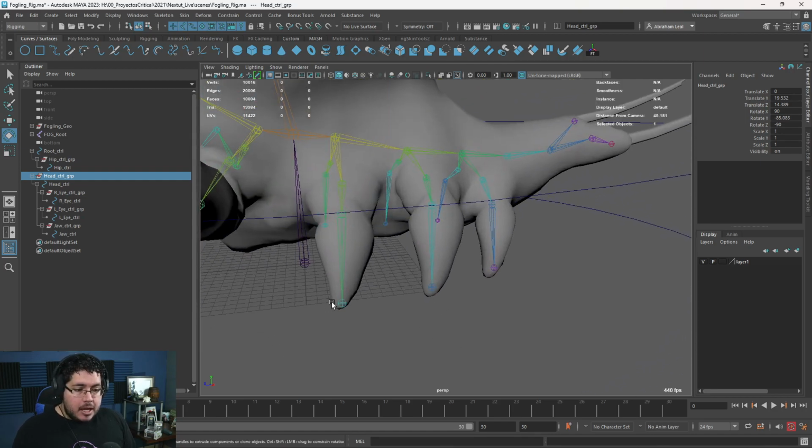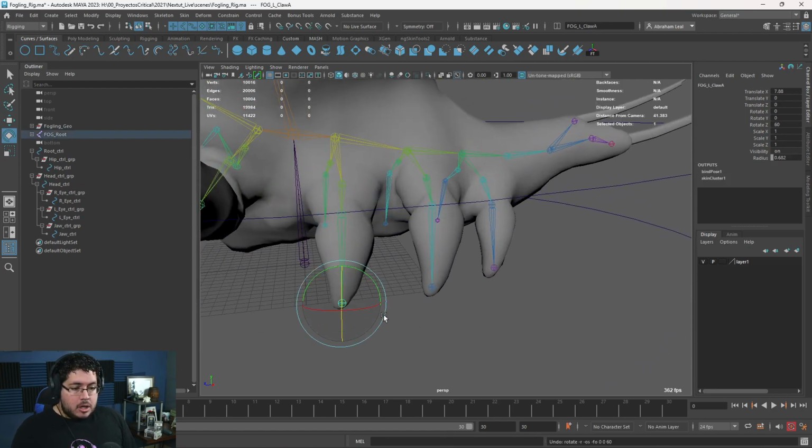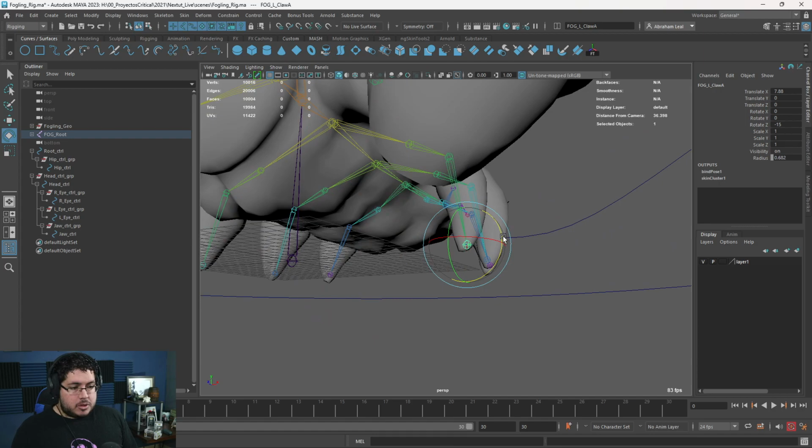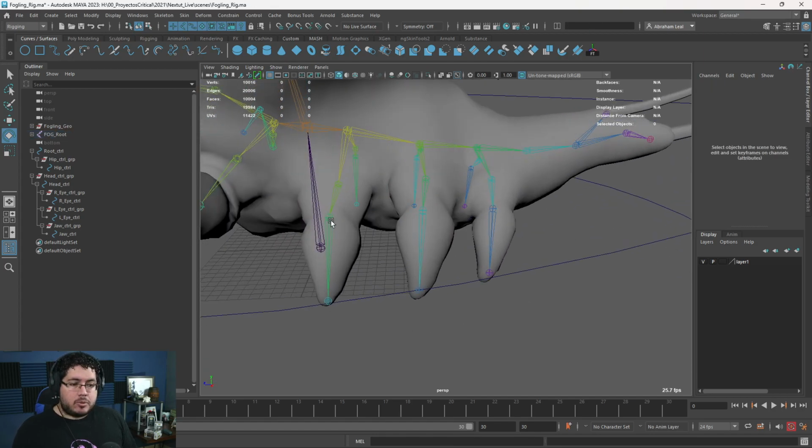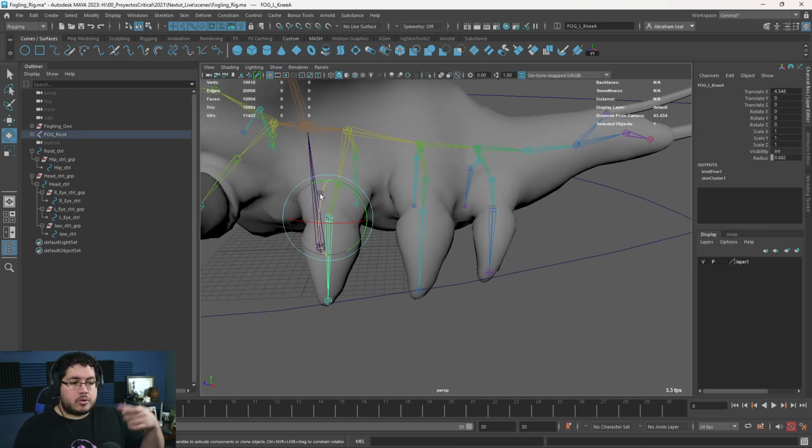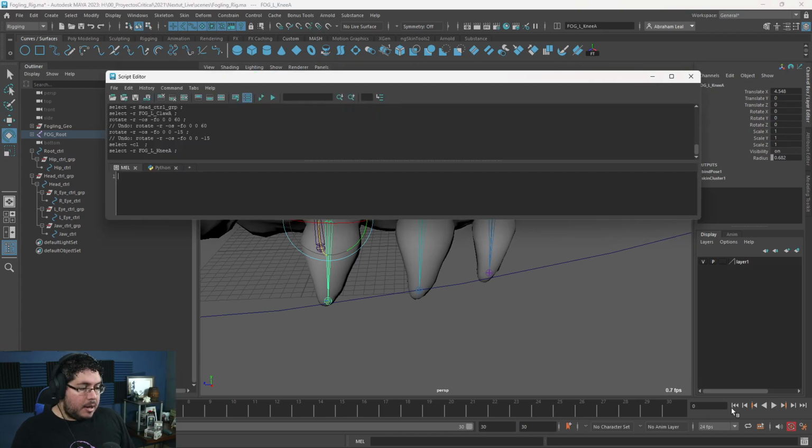The FK chain, as the name implies, will allow us to create a chain of controllers and connections in an easy way. Otherwise, if we wanted to move every single point right here, which we probably don't want as much movement here, we would need to create a group, create a curve, parent it, delete the parent constraint, group it again, do the constraint to the bone. It's a mess, right? But there is a script.